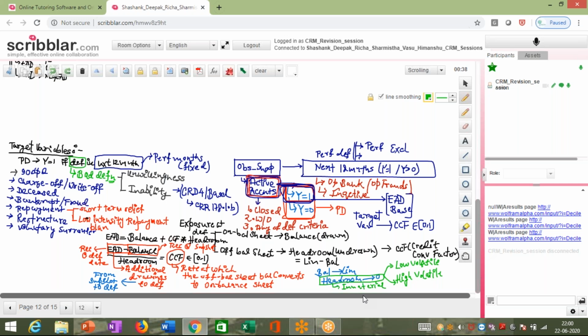So when the account defaults, there are two things that come into account. The first is that there are some balances which you have already paid. So what I need to see is the following. Number one is what is the future value of this outstanding balance? To this, I need to adjust all unpaid installments. That is the amount which has not been paid, as well as the interest and everything which accumulates on